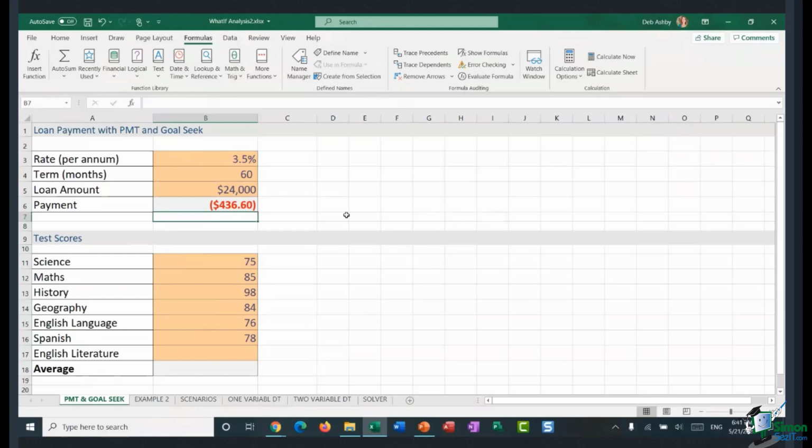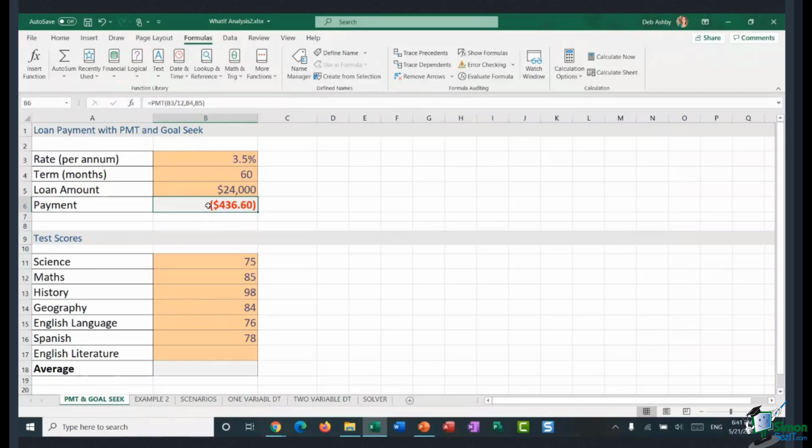Now, the thing you'll notice here is that it's showing in red, it's showing as a negative value. So the formatting I have for negative values is that they show up in red and they're in brackets. Now, the reason why it shows as a negative is because it sort of thinks that this is the money that's coming out of your account. It's negative to you, essentially.